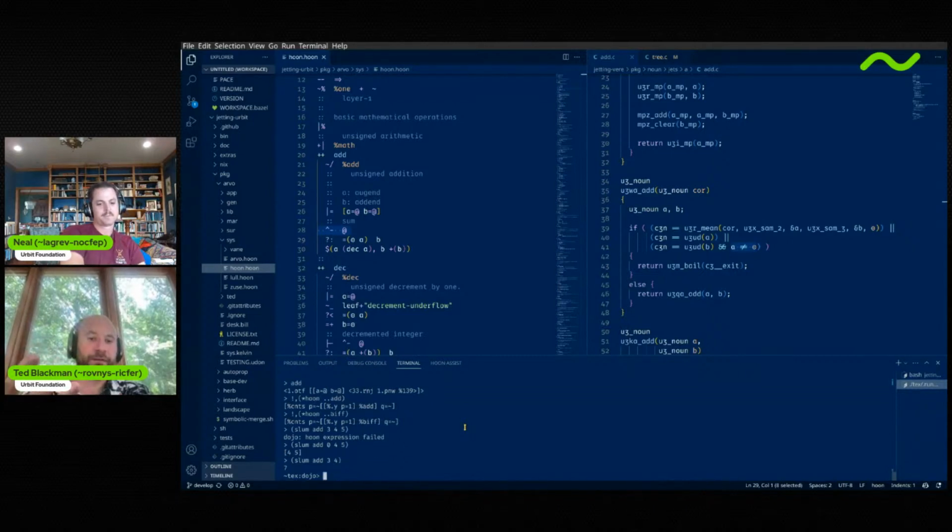So slum means run a gate with an argument, but untyped. Just run raw knock on it using .*. Right. So you could also do .* of